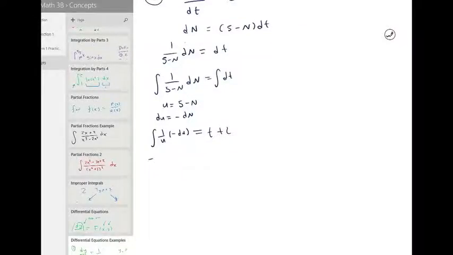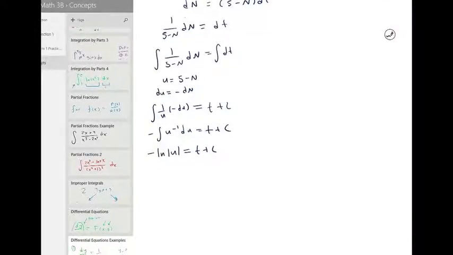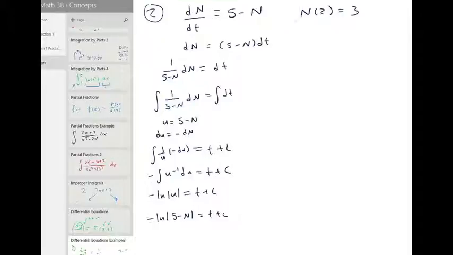And we pull this negative out, we have the integral of u to the negative 1 du equals t plus c. The integral of u to the negative 1 is just ln absolute value of u. We don't need to write a plus c on this side because we have one on that side. Now, if we put the negative over onto the other side, let's substitute u back in. So we have negative ln of 5 minus n equals t plus c,